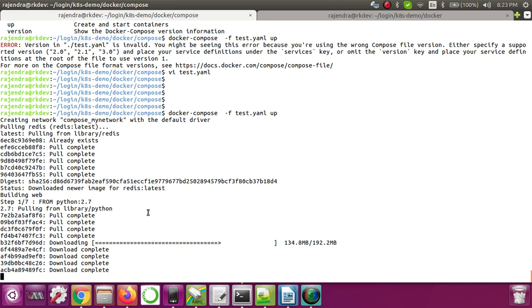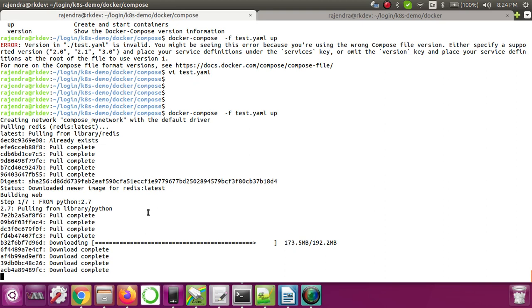Once the code copy is done, it will start the app.py, and then we can start accessing our application. If you see here, even though we have a couple of services for our application, we are able to start them at the same time.